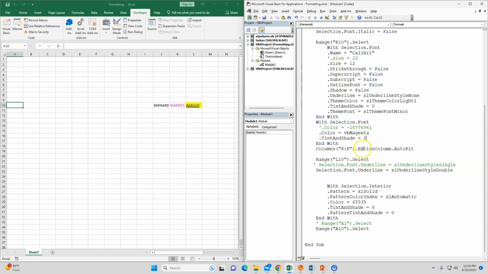Now, if you happen to try and type something in and by accident you make a mistake and you try to run it, it will not run successfully. So it did not change this to magenta because I had a spelling mistake here in this particular line. So one of the mistakes that I found in here was that I had an extra A. So if I go back to that line and I correct it and I run it again, it'll give me